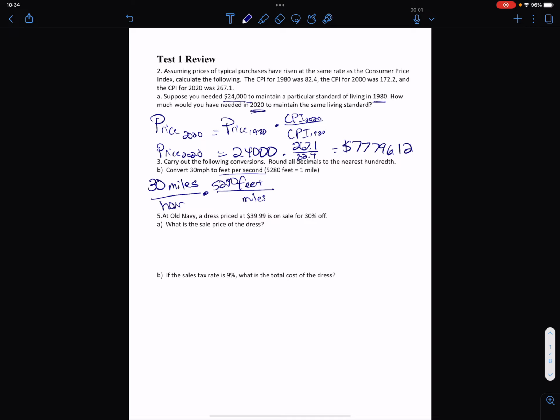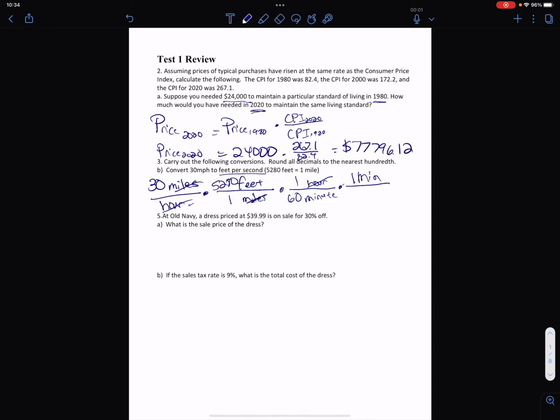So 5,280 feet is the same thing as 1 mile. Now I have feet per hour. So now what I need to fix is hours. And if I've written it this way, it's easier to see hours is in the bottom. So I need hours in the top. We would like seconds. You may not be able to jump all the way there, but I can go to minutes, which is closer. And now I have feet in the top per minute in the bottom, times,